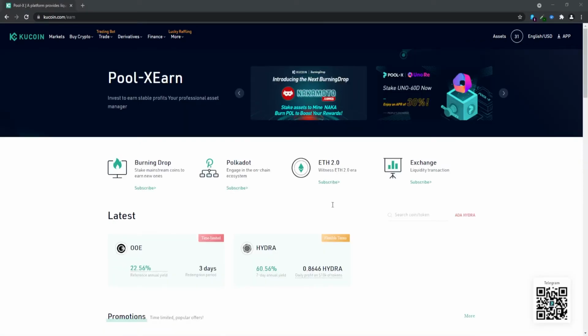status. There's another option for you to earn passive income over your crypto, and this is PoolX Earn. This is very similar to something which you can find on other exchanges such as Binance, and this will allow you to pretty much stake coins without you having to have your wallet opened up all day in order for you to be able to stake. So you can stake on the platform itself as long as you are using one of the coins that they